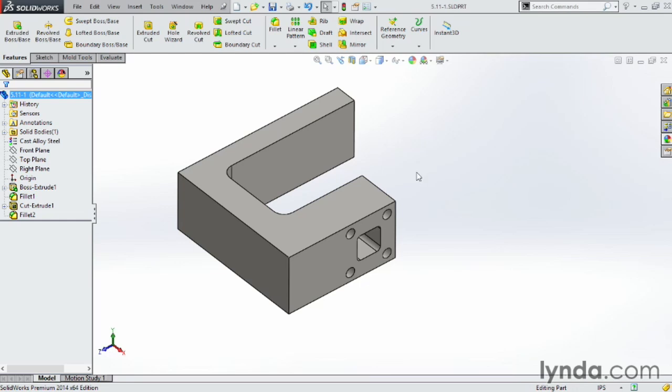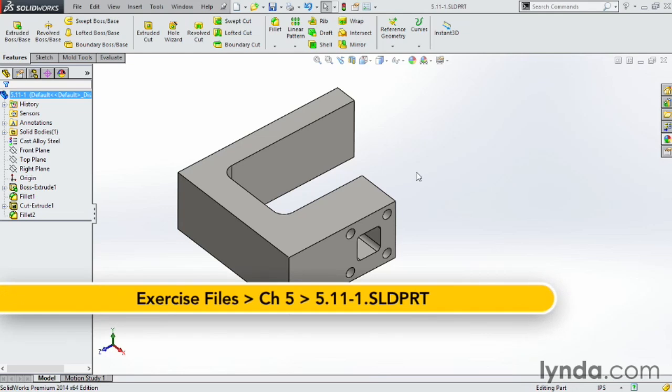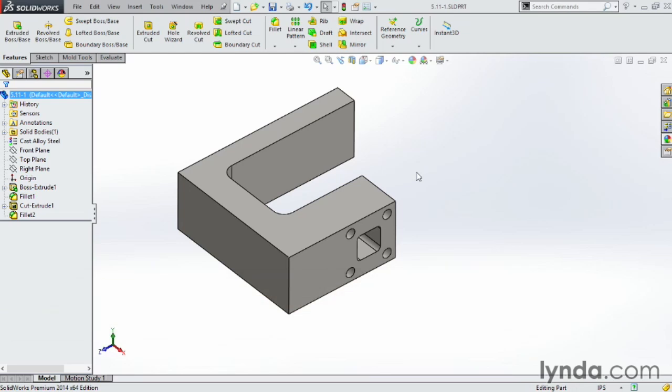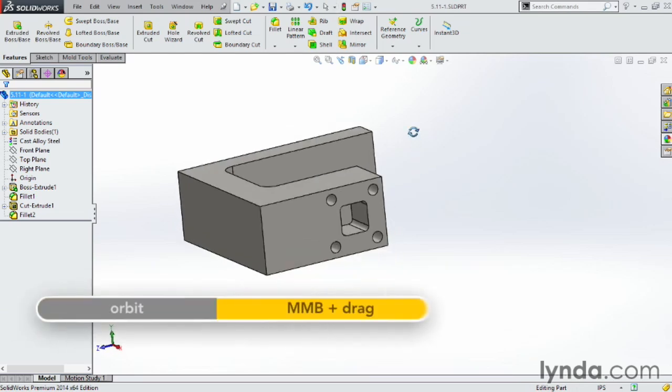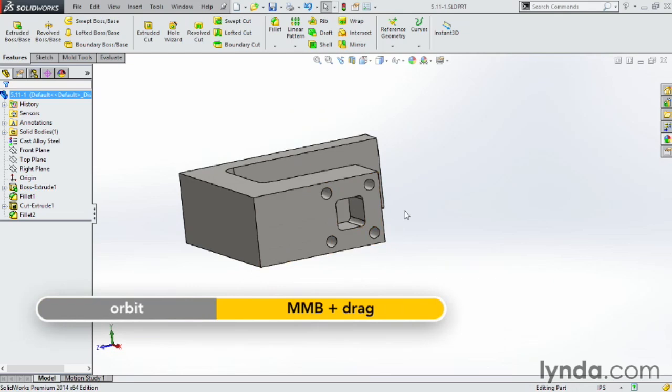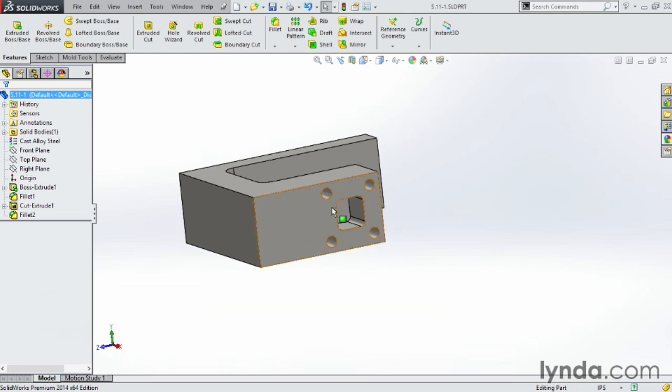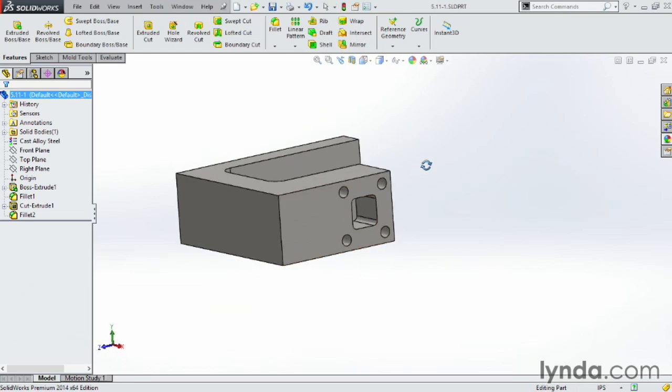The Convert Entity command is one of the most powerful commands inside of SolidWorks. It allows you to reuse sketch geometry from other features or individual lines or edges from other parts. If I want to use these same holes and these cutouts and don't want to go through all the time to draw all this again, what I can do is use the Convert